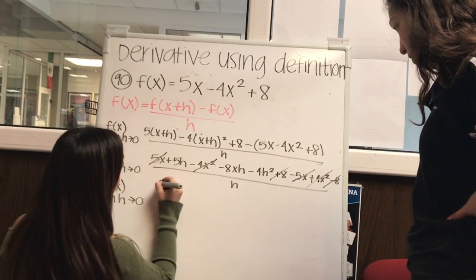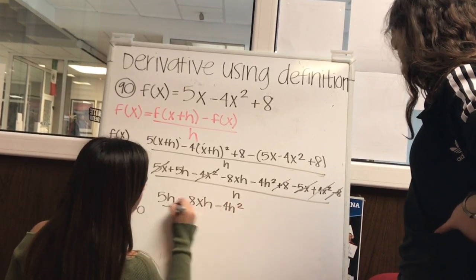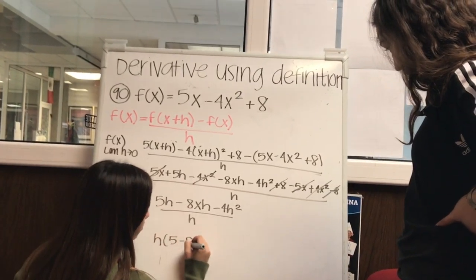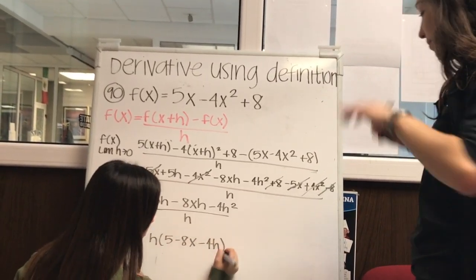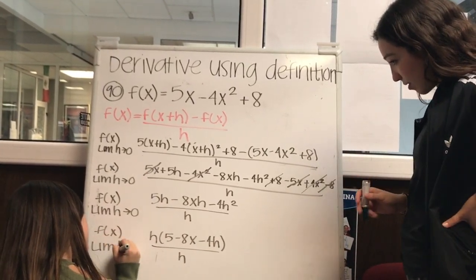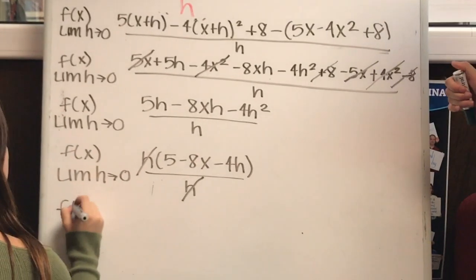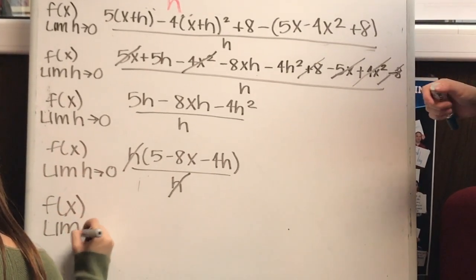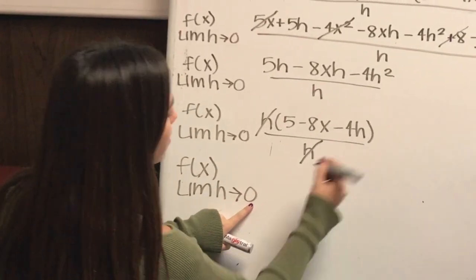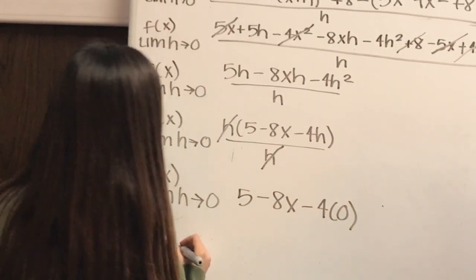You just copy the leftovers. You factorize. You cancel the H with the H. And here, the H is equal to 0. So here, you're gonna substitute. And the final answer